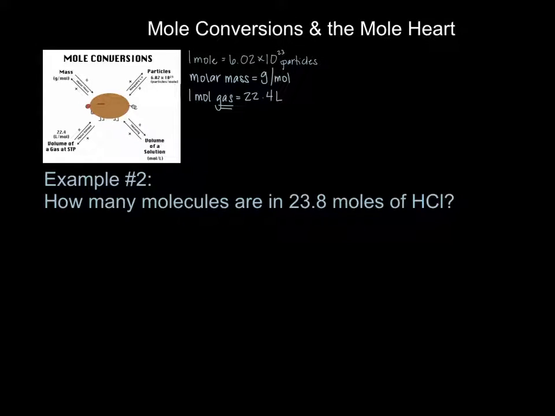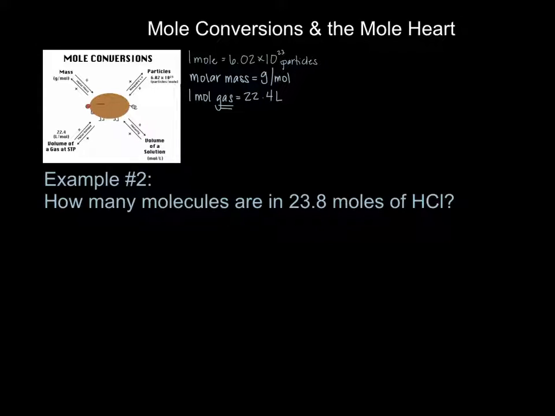Now for example 2, it asks us how many molecules are in 23.8 moles of hydrochloric acid. So to figure out where we're starting, where we're starting is what they've given us. So they've given us 23.8 moles of hydrochloric acid. So we're right here in the center at our mole. And we need to go out to molecules. Remember, particles is either atoms or molecules. So we're going from our mole to our particles. So in this case, we're going to be converting specifically to molecules of hydrochloric acid. So it's a one-step conversion